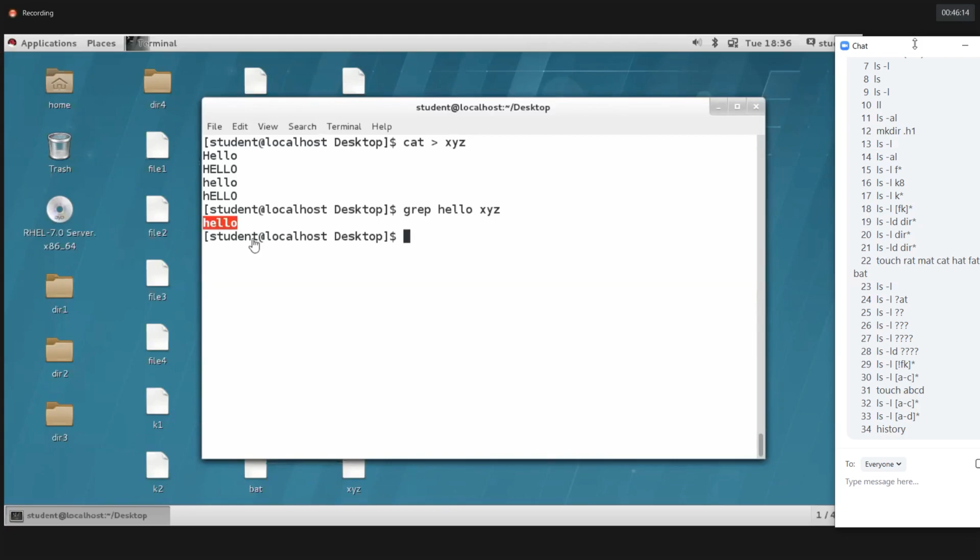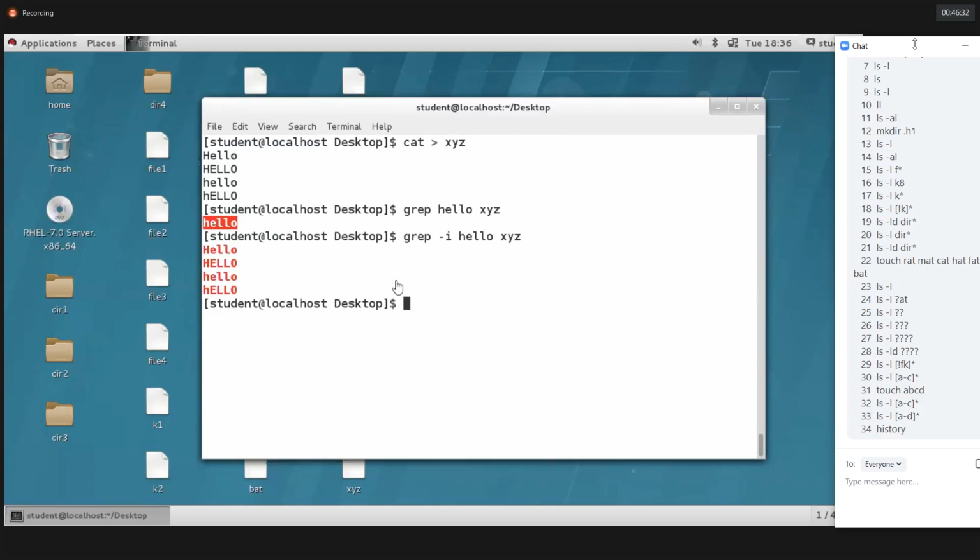But my intention is to print each and every case, whether small letters or capital letters. So we should use hyphen i, then hello xyz. Clear?